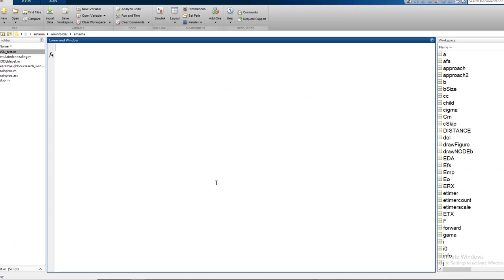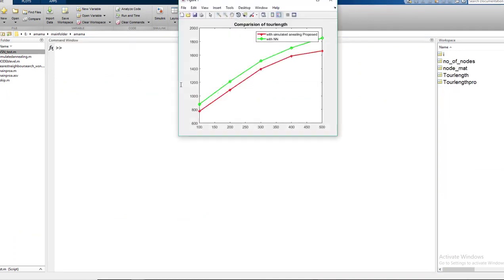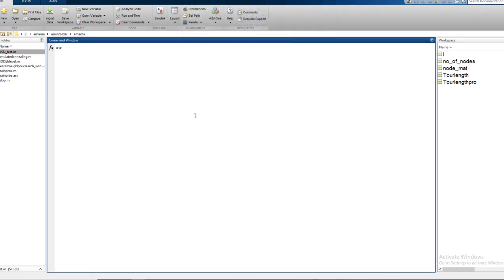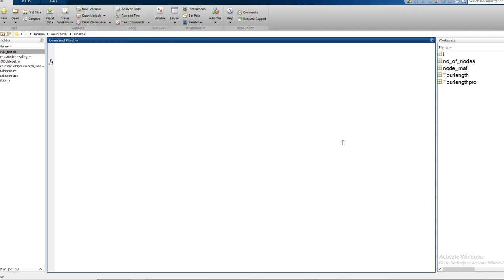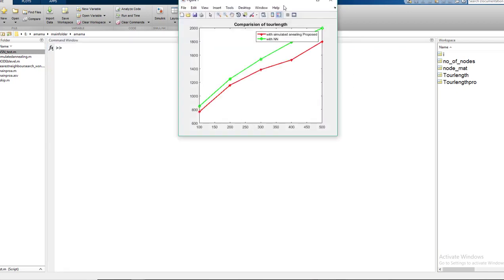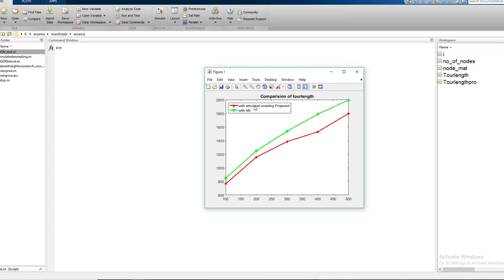Let me close all the figures. Just a second guys. Close all, and then I run the program again, then I obtain the graph. So guys, this is the output I obtain when I compare the tour length of simulated annealing and nearest neighbor search.